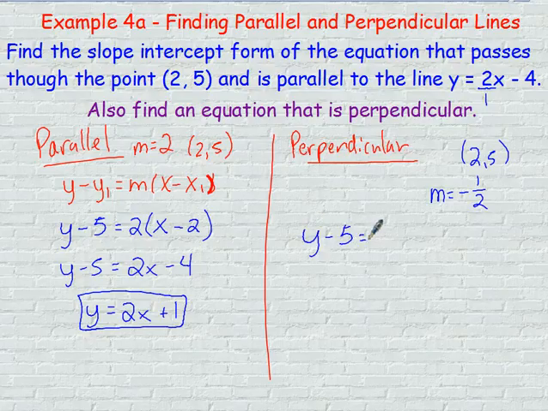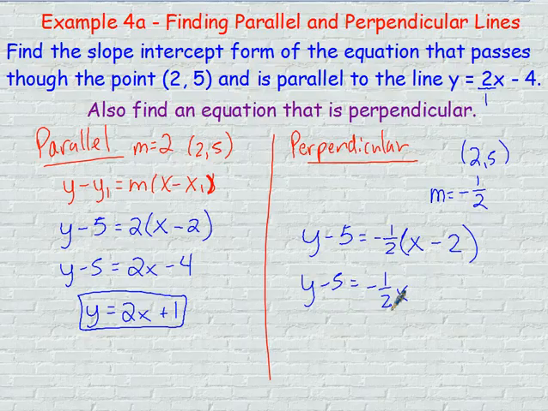y minus 5 equals negative 1/2 parentheses x minus 2. Now what? Distribute the half, so I have y minus 5 still. What's negative 1/2 times x? Just negative 1/2 x. And what's negative half of 2? It becomes a positive 1. Why is it positive? Negative times a negative makes it a positive 1. And then last step,